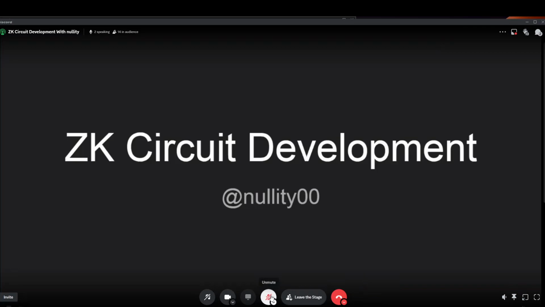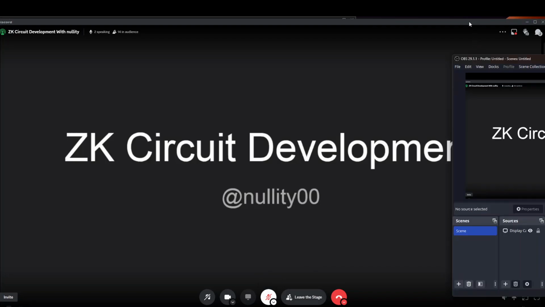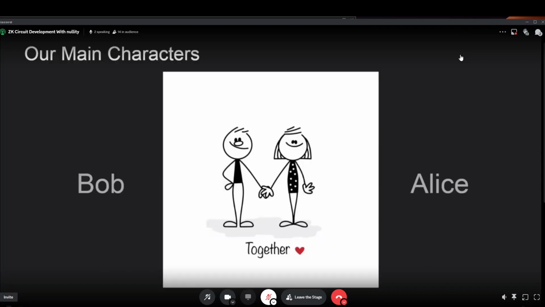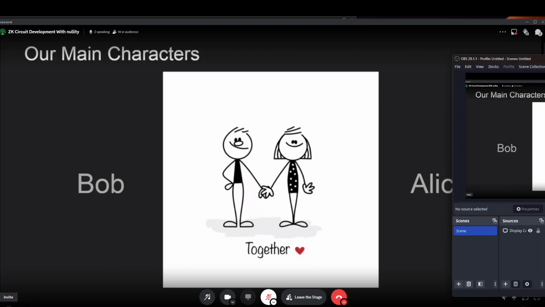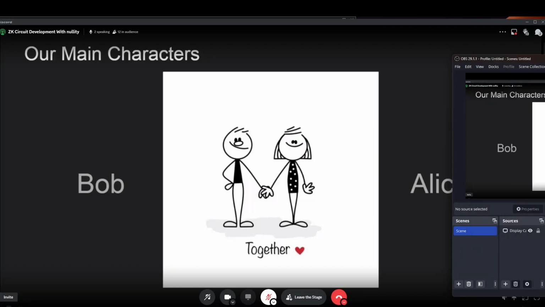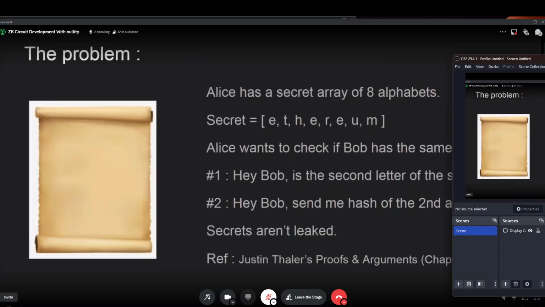So this is going to be focused on just circuit building. If you're into ZK cryptography or anything else, we're not going to cover all of that. Our main characters for this session are going to be Alice and Bob, and we'll go through a bit of zkSNARKs and then dive into Circom and Noir. So just to get into the zkSNARKs part,